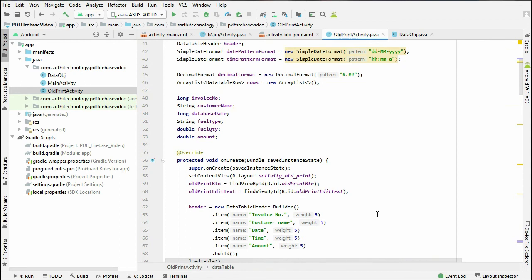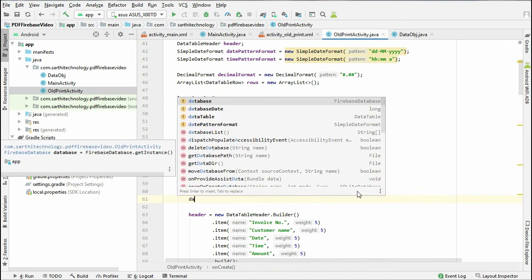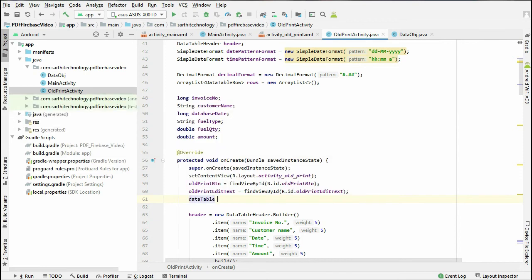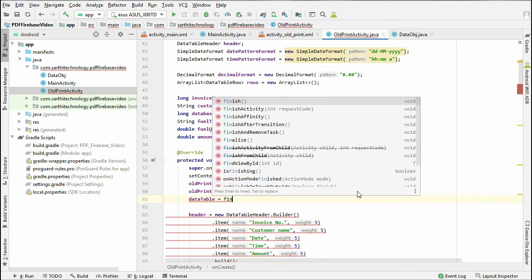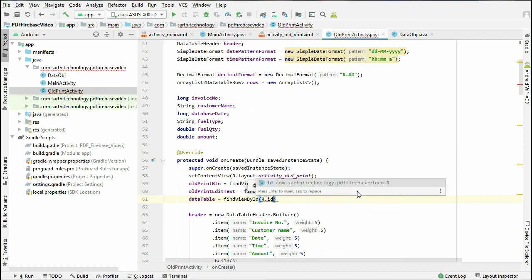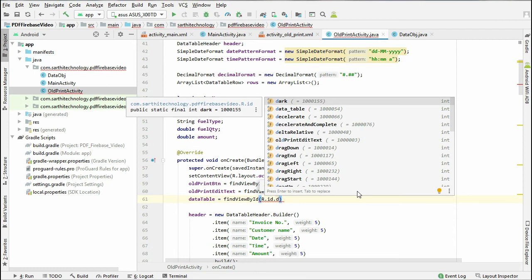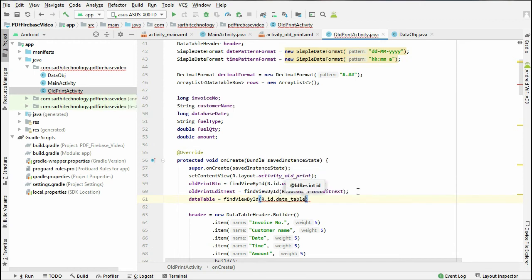So here in the onCreate, dataTable equal to findViewById, data_table. So I hope this time it will run.